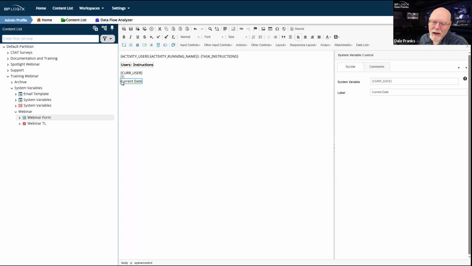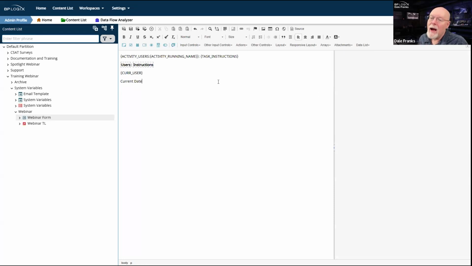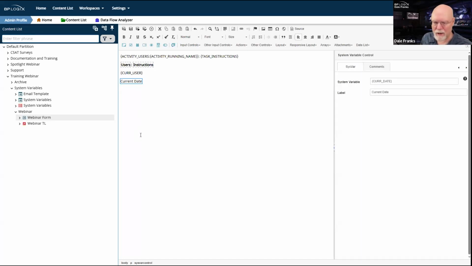Yes, it is technically a little less convenient to have to click on the control and then come over here to edit the system variable or edit the label. But it does make your form a lot more readable, I think, and more comprehensible to someone who's just coming in and using it or who's reviewing it.